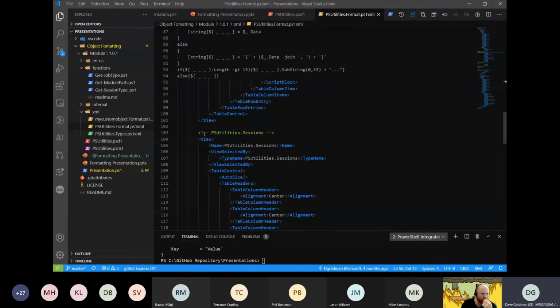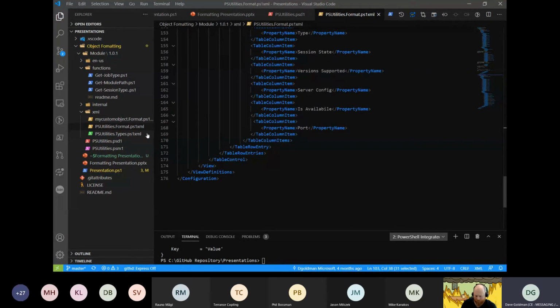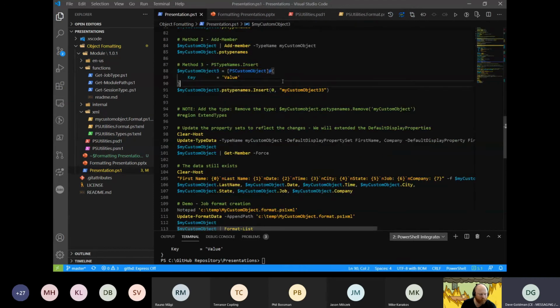And as I scroll down, you'll notice now I have one for sessions. You can add multiple, and the recommendation is always to have one format file, but you can create multiple views for your objects. It can get a little bit hairy, but you just got to be careful with what you want to show, because you can have a custom view. You may want to create just a table. You may just want to have a default for different objects. I have seen the recommendation internally to create one view for one object just to keep it simple.